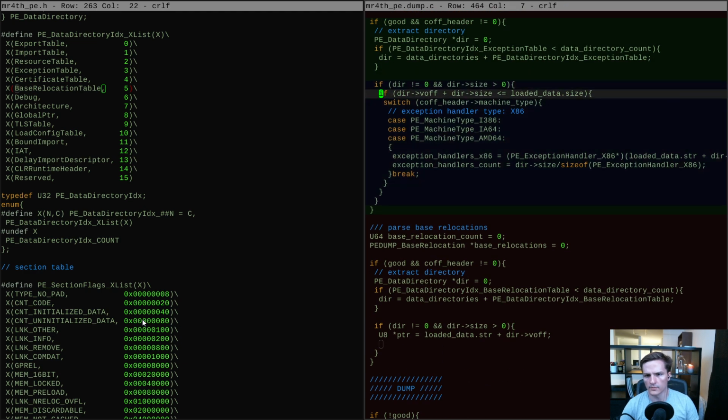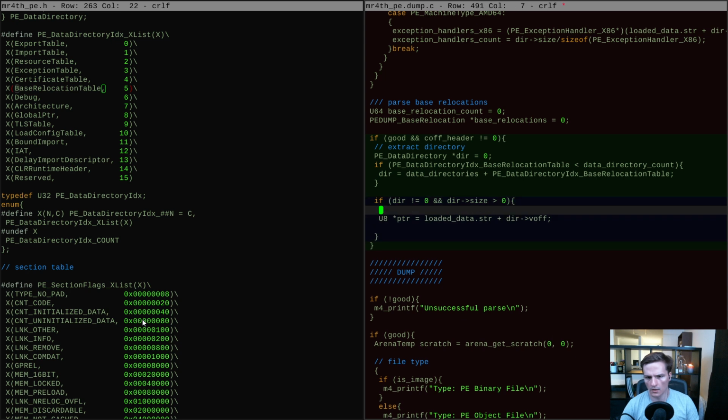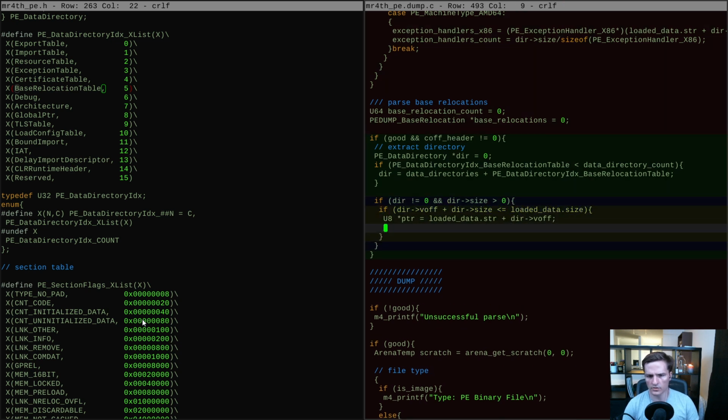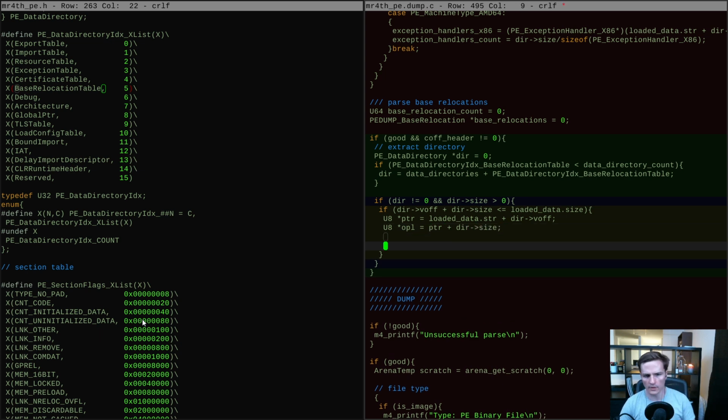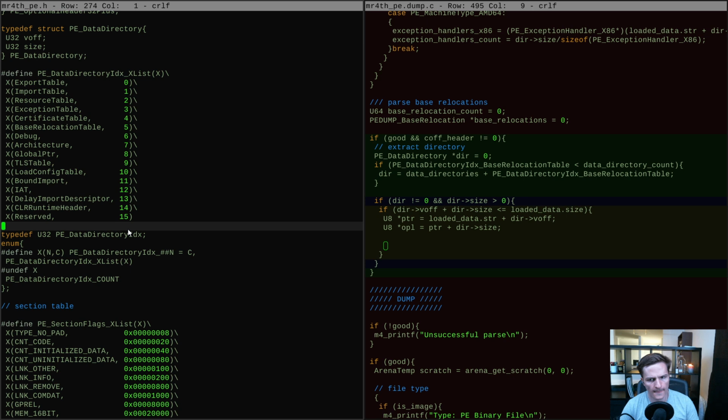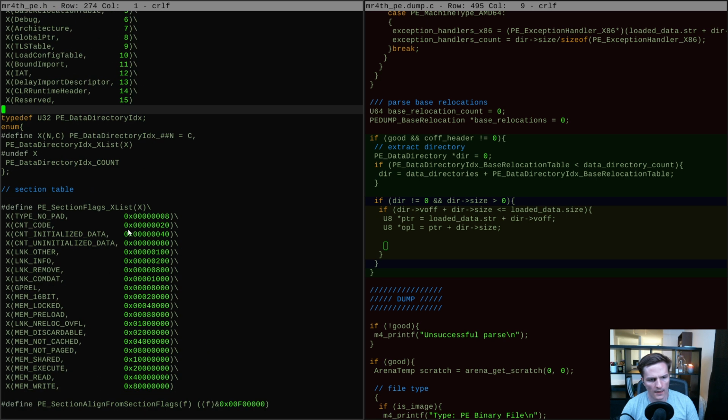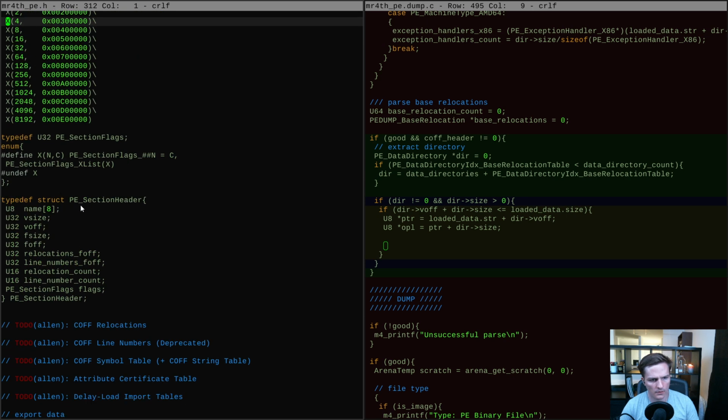So this would do the same sort of thing. Make sure that the voff range is actually going to be inside the loaded data range, and then we do opl, one pass last, is putter plus dir size. Okay, so there's our iteration range, and what we're trying to figure out is how we're going to pull out